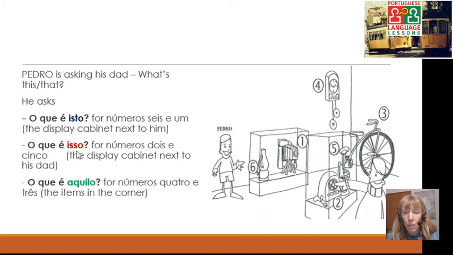He asks, o que é isso? For números 2 and 5, the display cabinet next to his dad. And then he asks, o que é aquilo? For números 4 and 3, the items in the corner. Okay, so he can be much more specific when he says, what's that? As to meaning that next to you, Dad, or that over there. Okay,